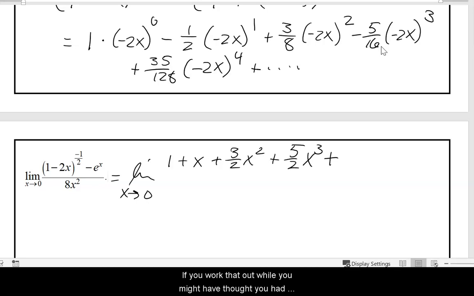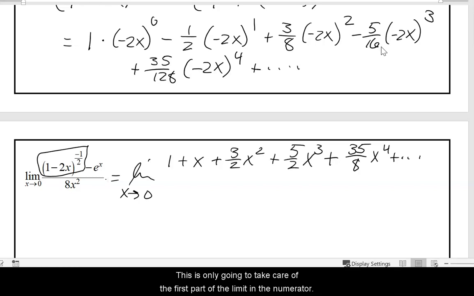And if you work that out, while you might have thought you had a pattern developing, the next term will kill your joy because the next term turns out to be, unfortunately, 35 over 8x to the fourth. No, I'm very sorry, but that does not lead to a predictable pattern, although it was looking good for a while there. This is only going to take care of the first part of the limit in the